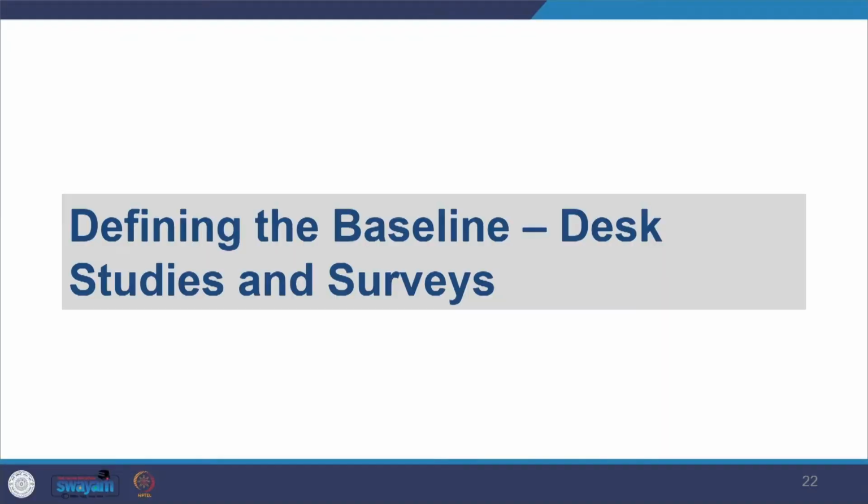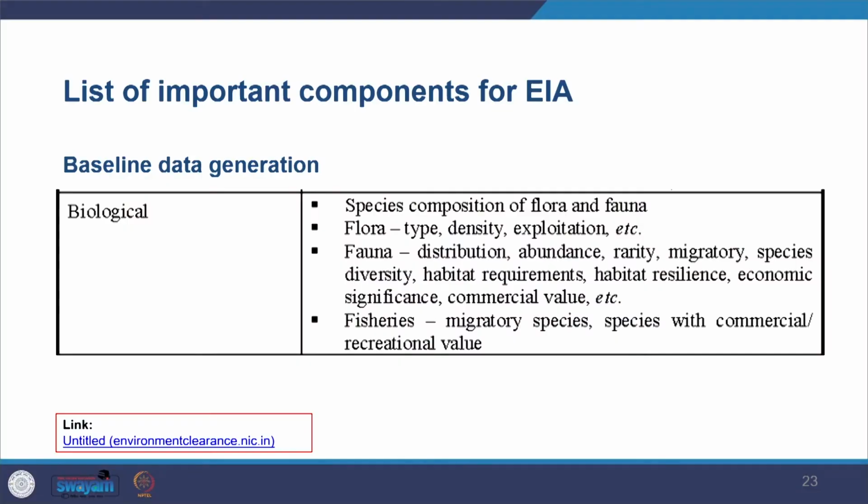So that was about the scoping stage, which we studied in the EIA process as the stage where you determine what you're going to cover, what you will not cover, and what methods and other things you're going to involve. Now moving on to the desk studies and surveys, where you will really start undertaking survey and study. Here you can see the list of important components for EIA, which I have taken from the manual for thermal power plants. You can see what kind of studies are suggested in this